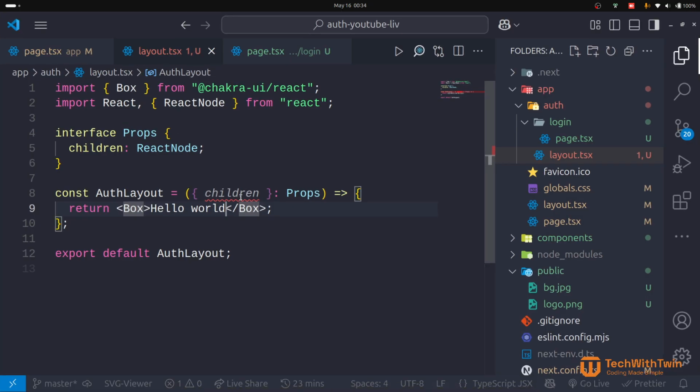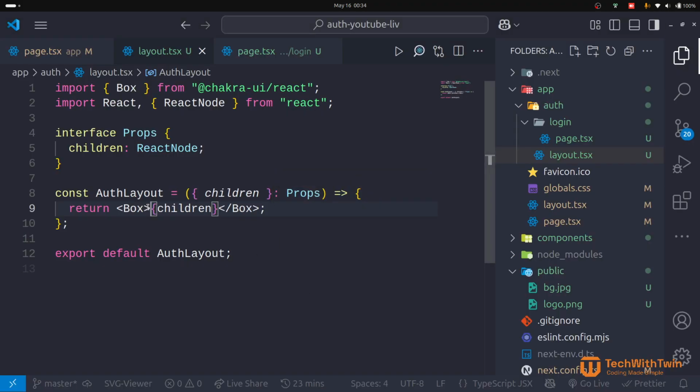So in our layout, we grab the children. The children in this case, if we are in the login route, is the login component. Okay. So if we render the children, let's see what you see. You see the login page because now the layout is beneath it. So what we can do in the layout is to add a background image. This image will be present in all routes. We add our background image